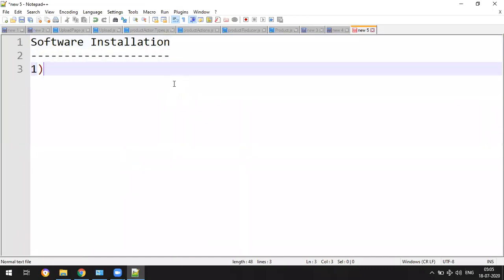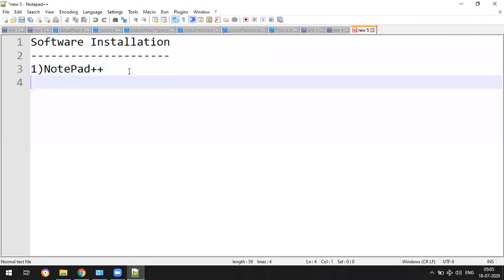The very first one you have to install is Notepad++. This is the same software I'm using. Why Notepad++? If you just want to see the code of an existing project, or you want to take some notes, you can just install this.